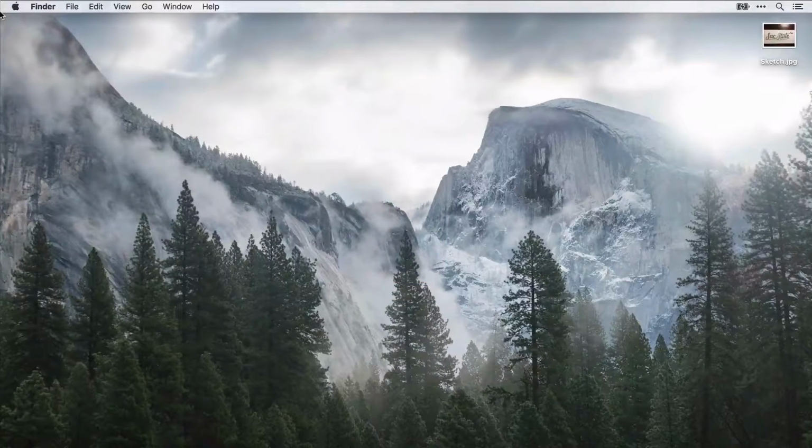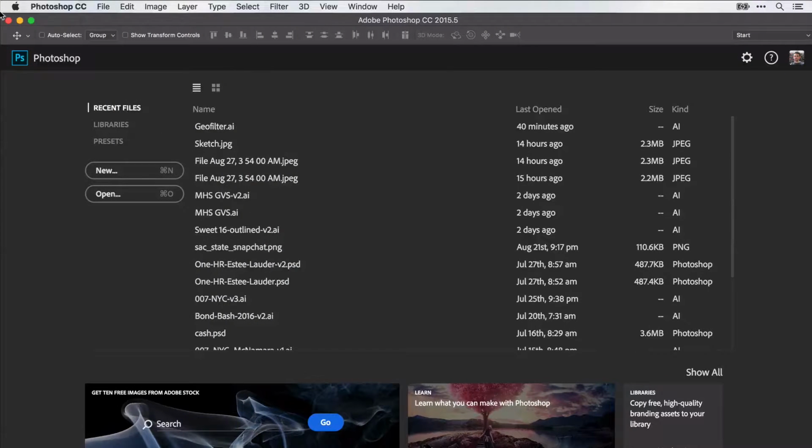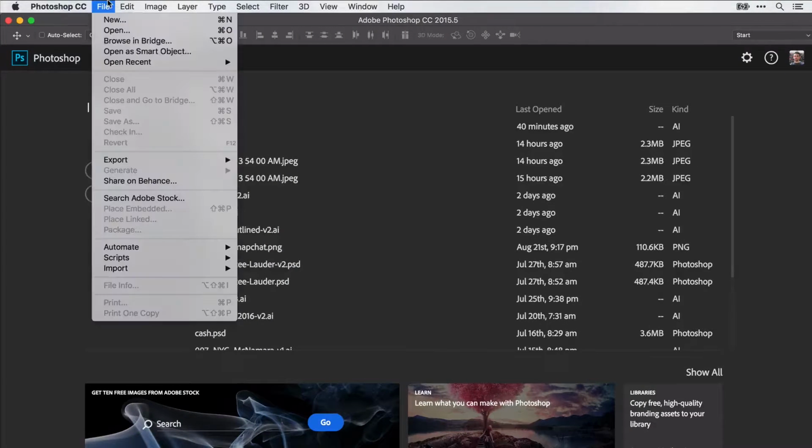So now that we've covered how to digitize our geofilter in Adobe Illustrator, let's cover how you can digitize your geofilter in Adobe Photoshop. And so we have our geofilter sketch on our desktop. So what we're going to do is go over to Adobe Photoshop, and then we can go to File,